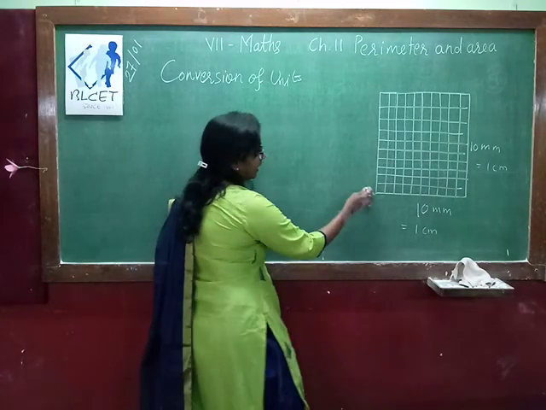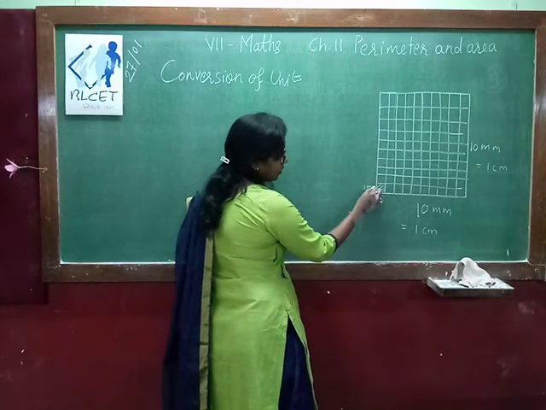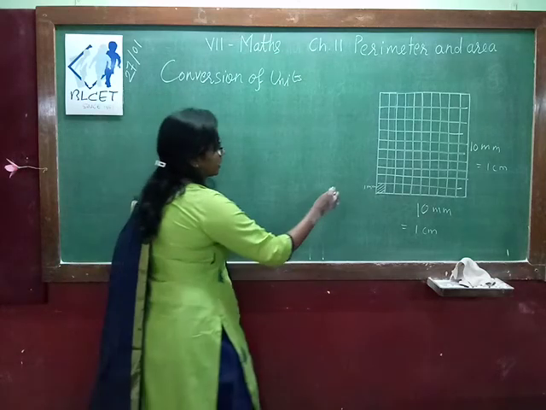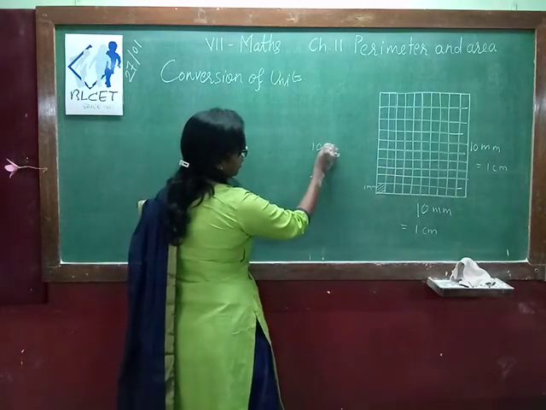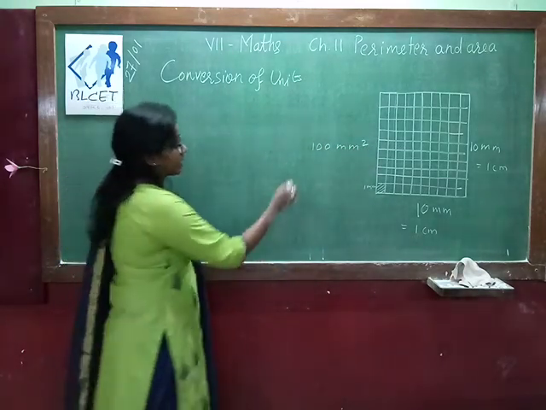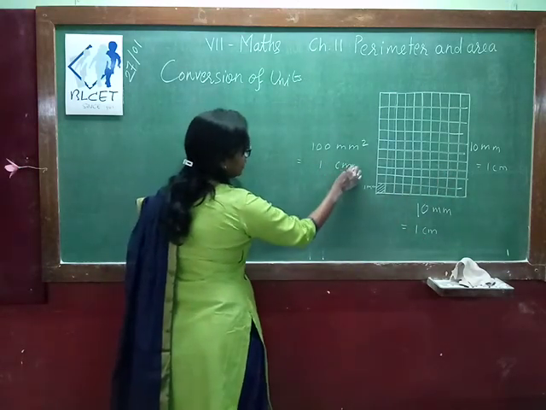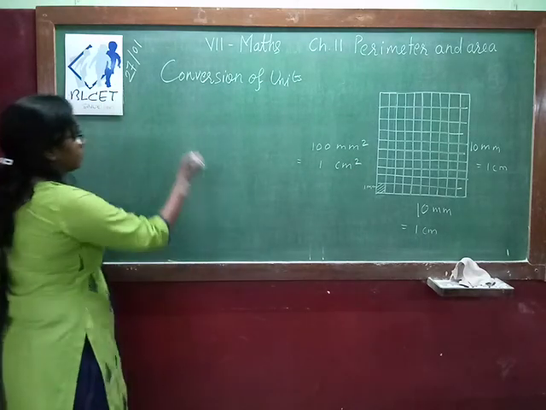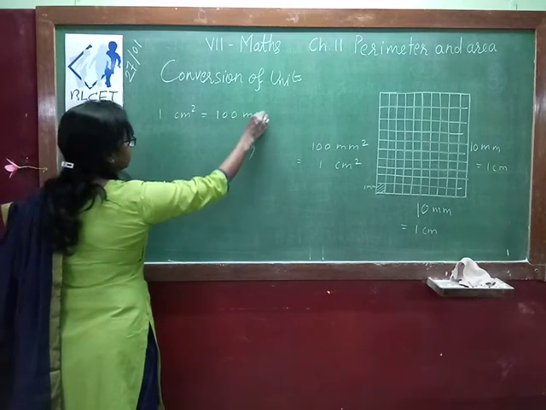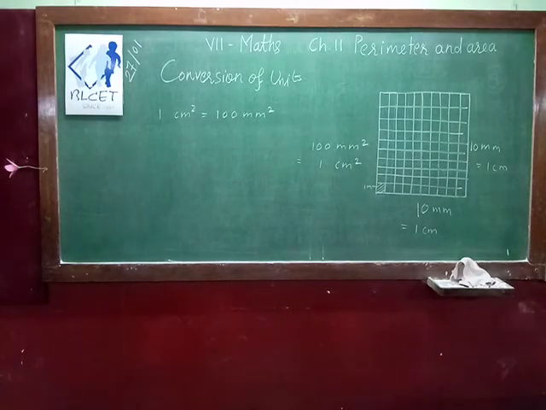So when you find the area, this is 1 millimeter. One part is known as 1 millimeter. So total 100 parts are there. So what we can say, when you find the area also, this is 100 millimeter square. When you find the area, which is actually equal to what? 1 into 1. So 1 centimeter square. So we can say, 1 centimeter square is equal to 100 millimeter square. Okay, now why? Because 1 centimeter is equal to 10 millimeter.